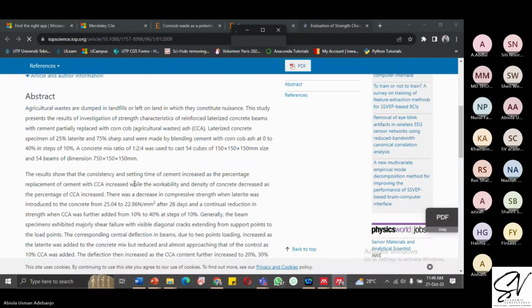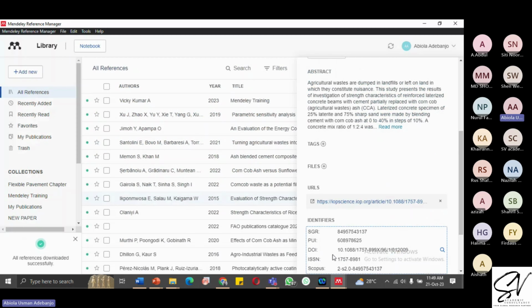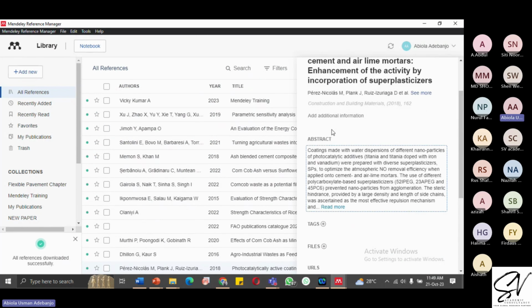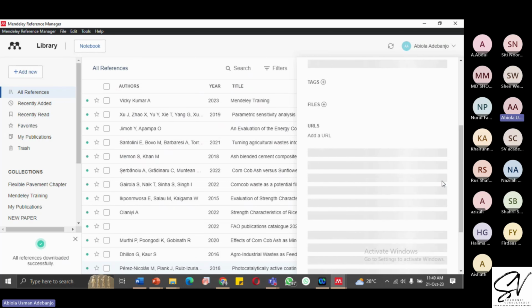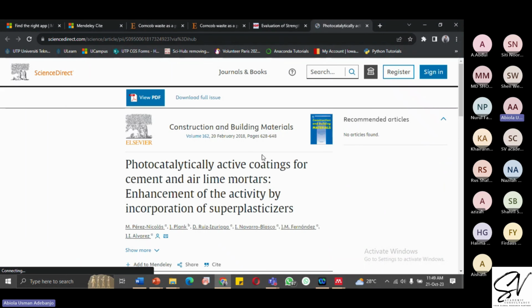This is the paper. So if I have any information I want to get from the paper, I can easily get it from here. That's how to access your literature as far as Mendeley is concerned. You can have as many of them as you wish. Let's look at this, for example. If you observe, I don't have access to the PDF now, but by clicking this, it looks it up in my metadata, then provides me the link. So with this link, I can access it. I don't have to go through